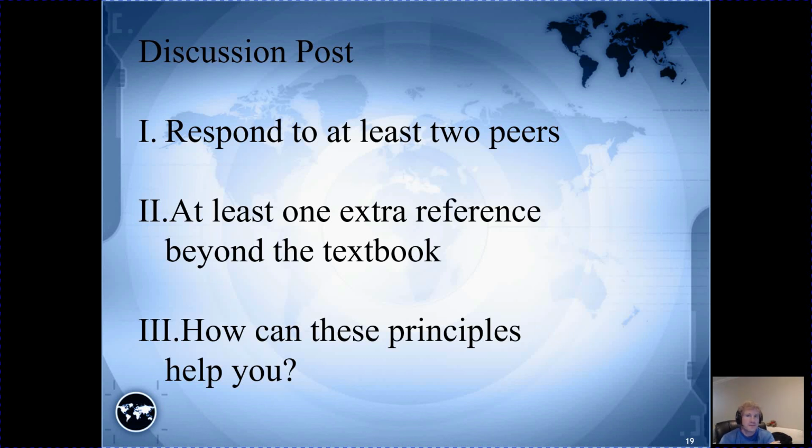Now, if you don't give a hoot about politics, you don't want to get into that, you've already made up your mind, that's fine. But surely to goodness, these principles can help you in some